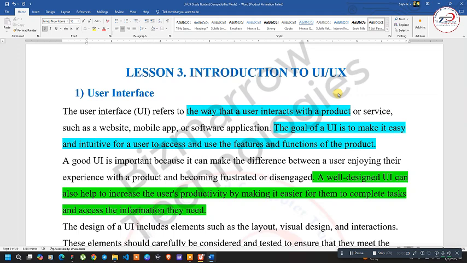User interface refers to the way a user interacts with a product. All right. What is a product? A product in this case refers to either a mobile app or a website or basically any software application. Now, what do they mean by UI? By the way a user interacts with a product, it simply means the way you interact with your mobile app,